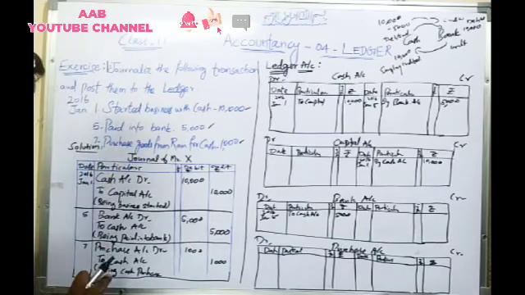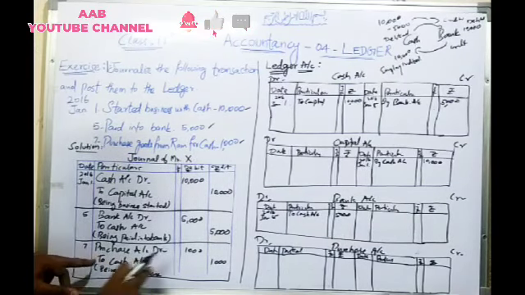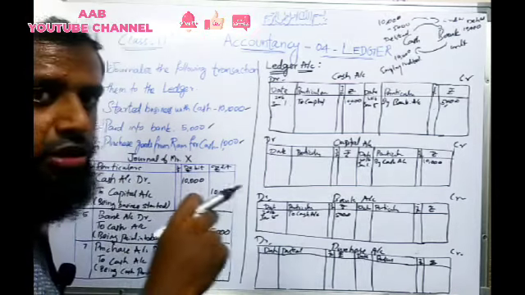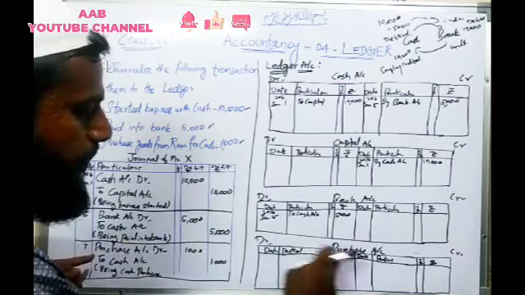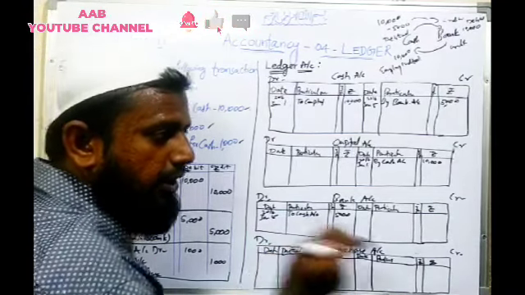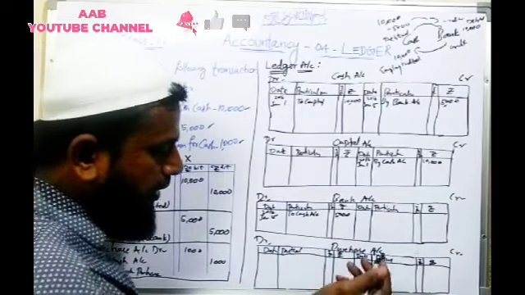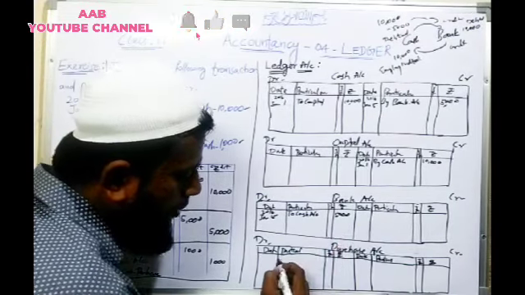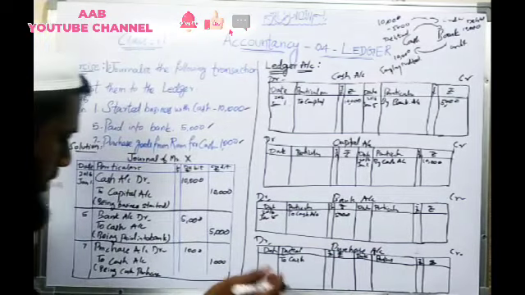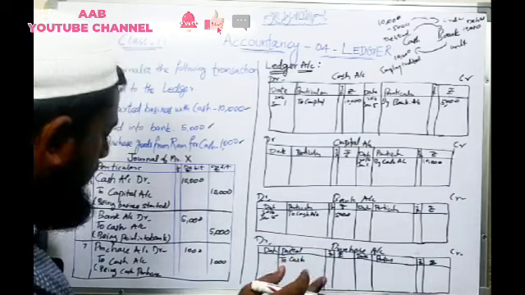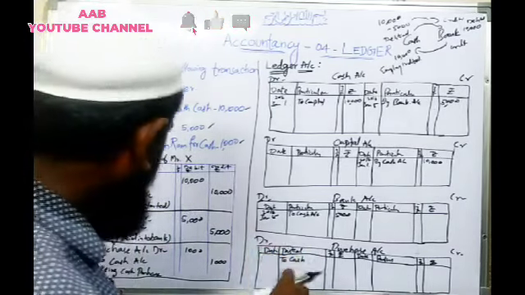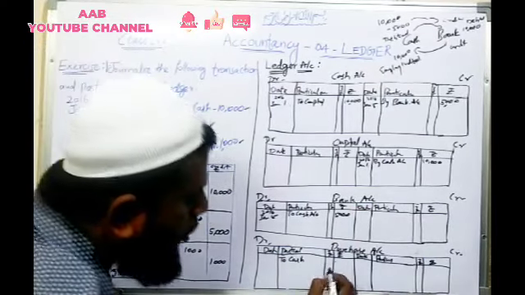Okay, student. Then the third transaction, purchase account debit to cash account. Goods will be purchased, and at the same time cash will be paid. So in the purchase account, what is happening? Cash will be given. Then we have to purchase. So purchase account debit to cash account. Cash will be given, so cash will go outside to the party, which means I think Ram. So goods from Ram, cash will be paid. So 1,000 rupees.